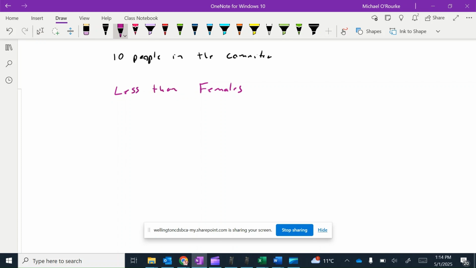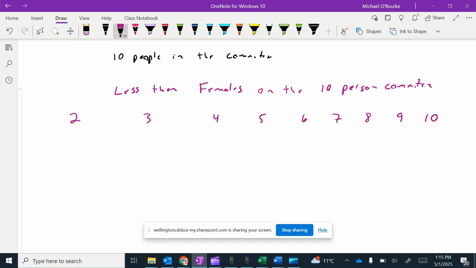Less than two females on the 10-person committee. Okay, so that means less than two means we could have 2, 3, 4, 5, 6, 7, 8, 9, 10